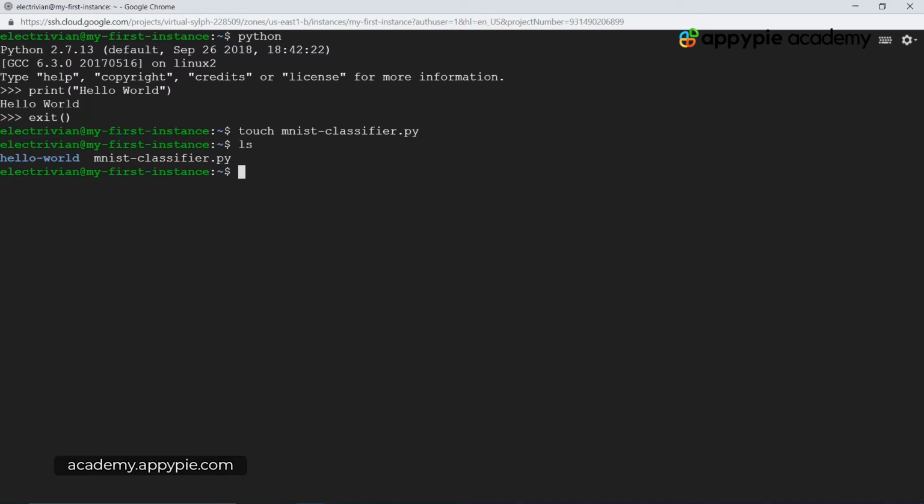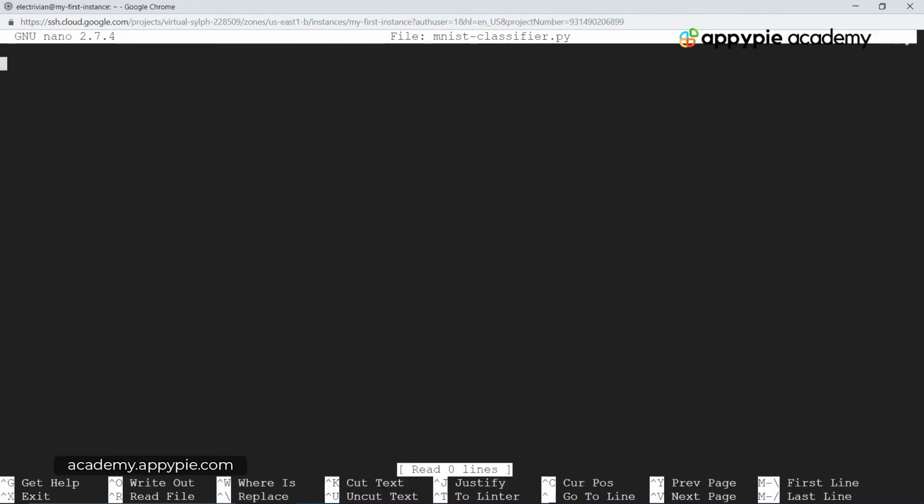So now we want to edit the file, and we are only using the command line editor. So over here, we can also edit the file on the command line. To do that, we have an application called Nano. Okay, so Nano is a text editor. There are also a lot of different text editors like Vim or Vi or Emacs, but Nano is a bit simpler to start with. So we have nano followed by the name of the file, mnist-classifier.py. Okay, so this will open the mnist classifier file in Nano.